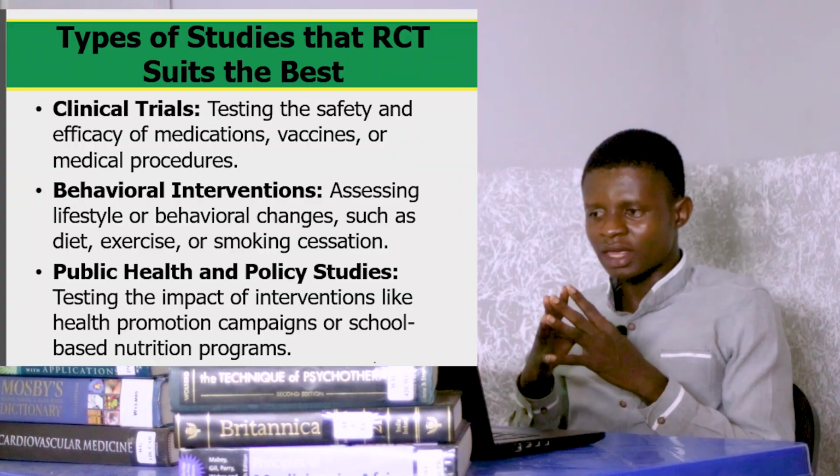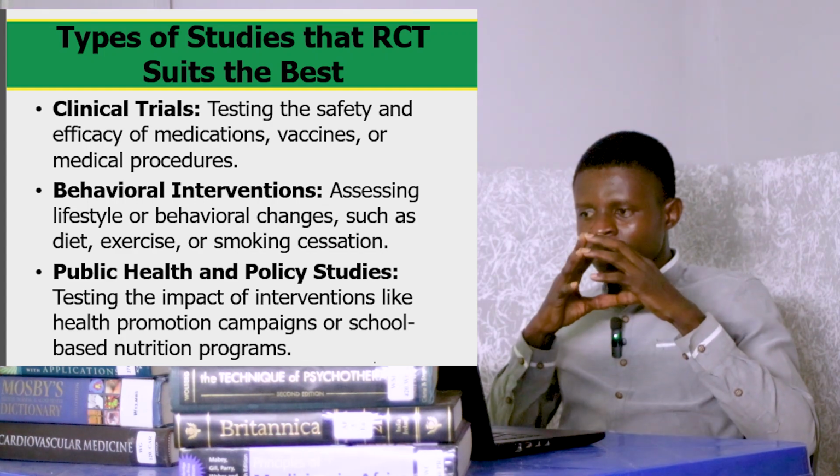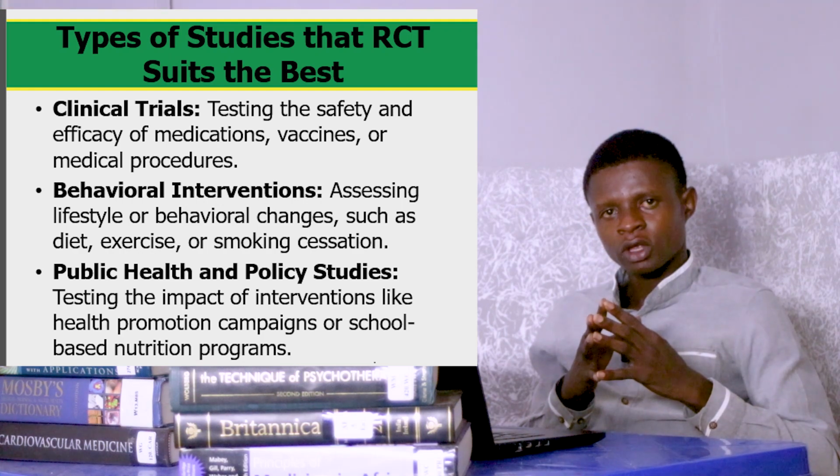Then we have behavioral intervention. So behavioral intervention, you are assessing the lifestyle of or behavior change in people. So you are checking for people their diet and then also their physical activity level. So these are behavioral interventions. So those that take in more caloric foods or junk foods against people who do not take caloric or junk food. So most of the types of behavioral intervention